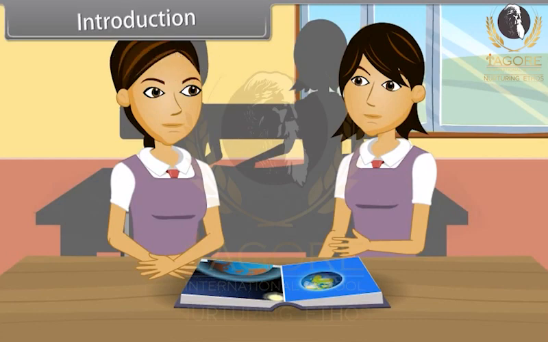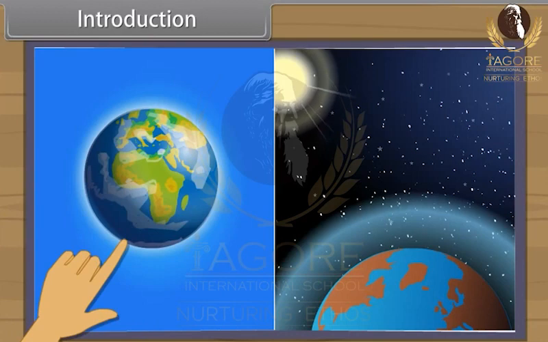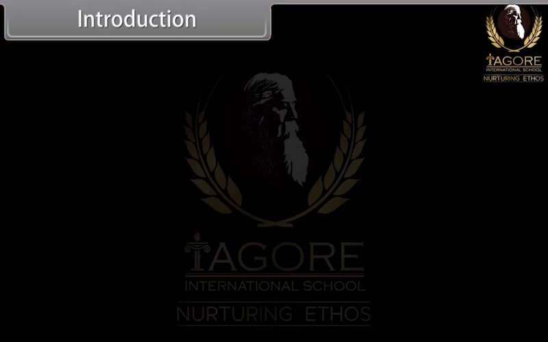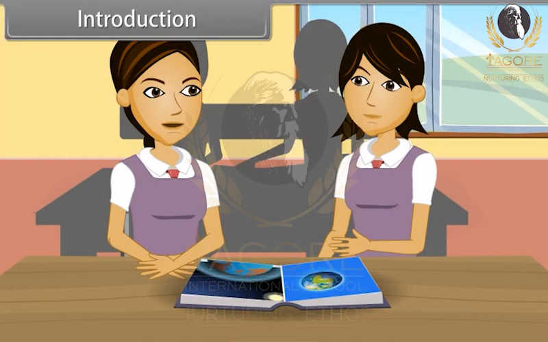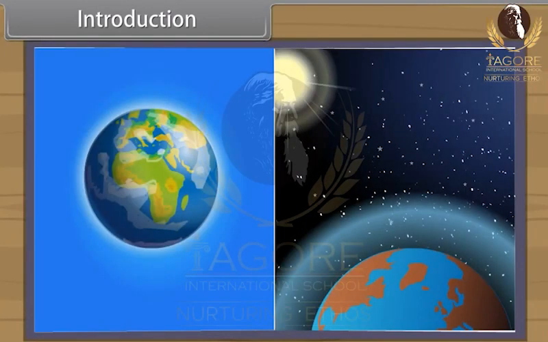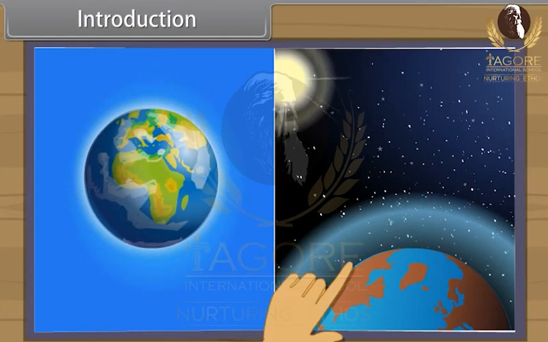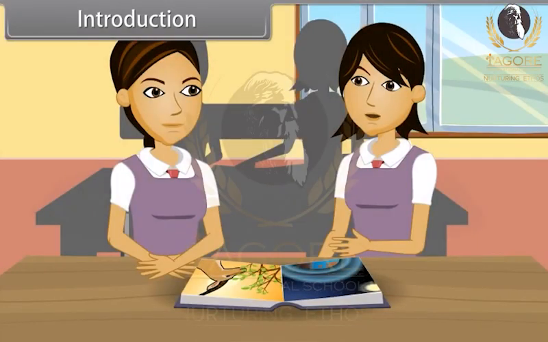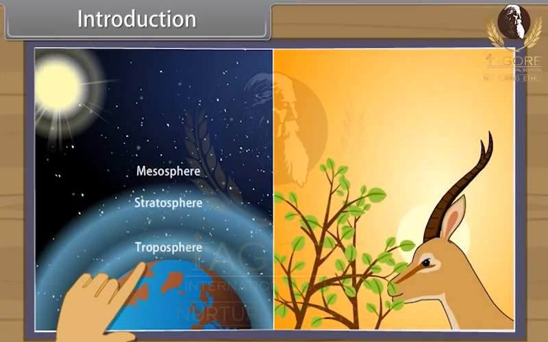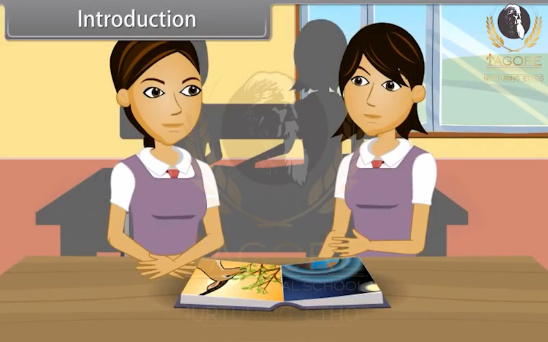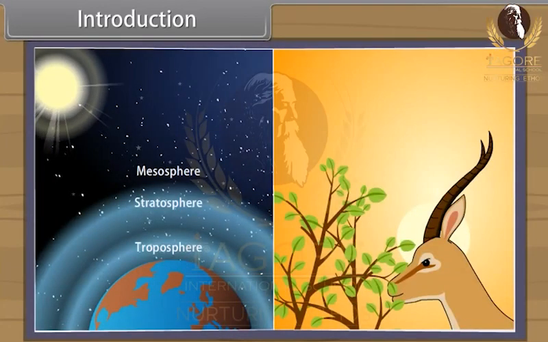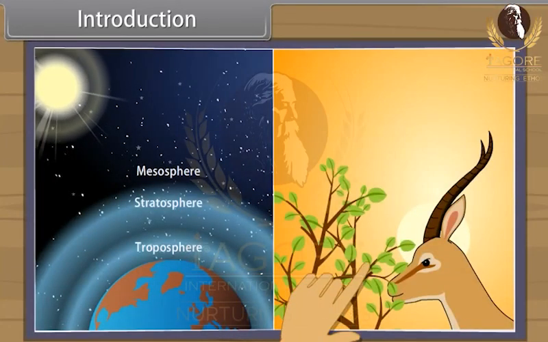Introduction. Do you know that among the planets of our solar system, it is only our Earth which has life on it? Yes, it is because existence of life depends on certain ambient atmospheric conditions: temperature, water, air and food, which are available only on the Earth. The resources available on the Earth are necessary to meet the basic requirement of all life forms on the Earth. In addition, the energy from the sun is also necessary for all living organisms on the Earth.